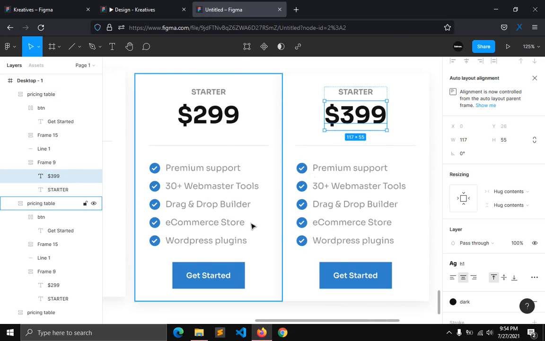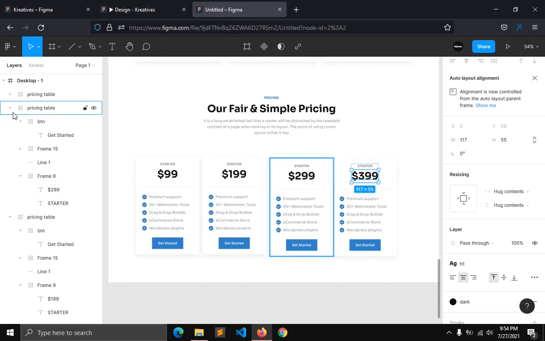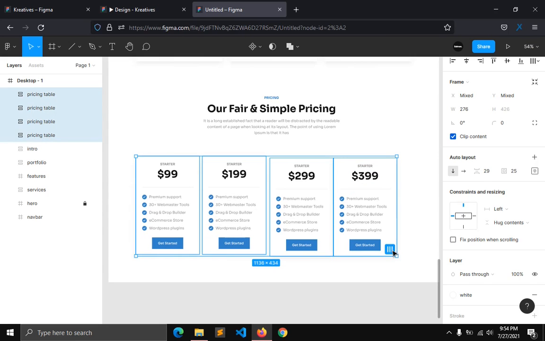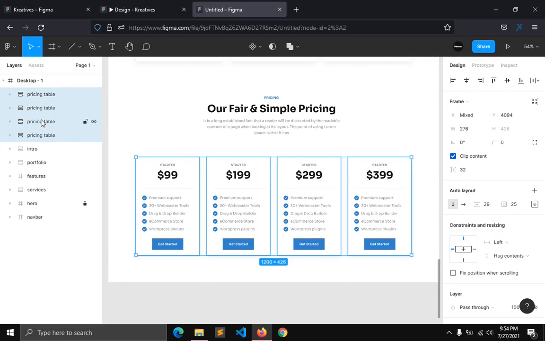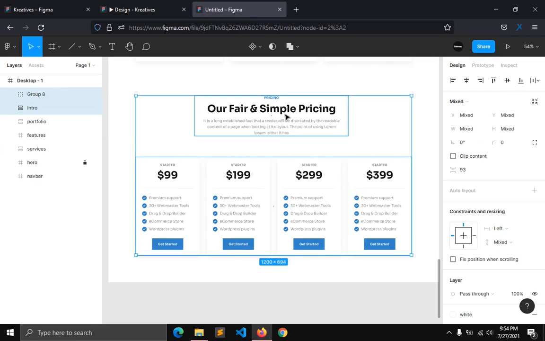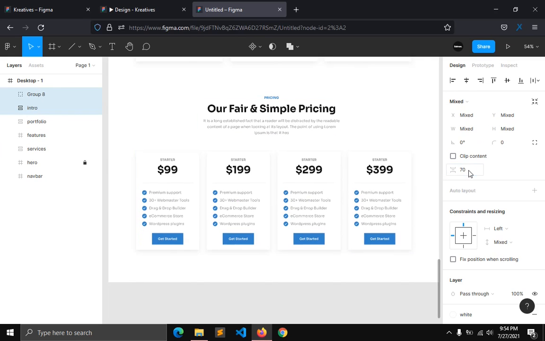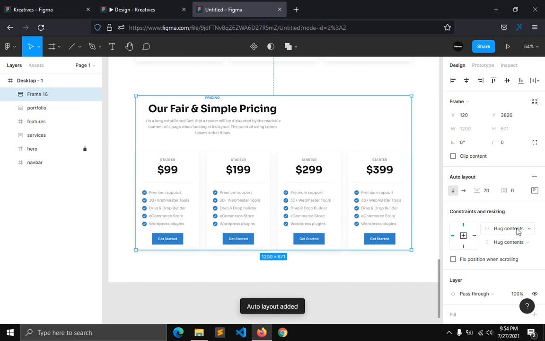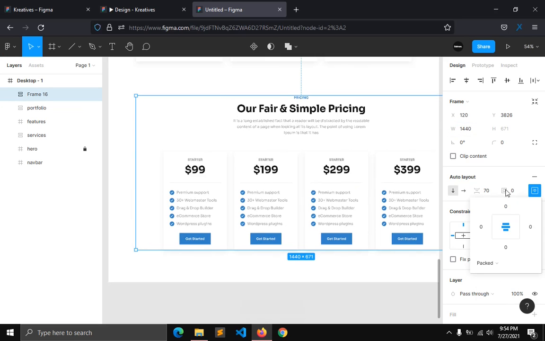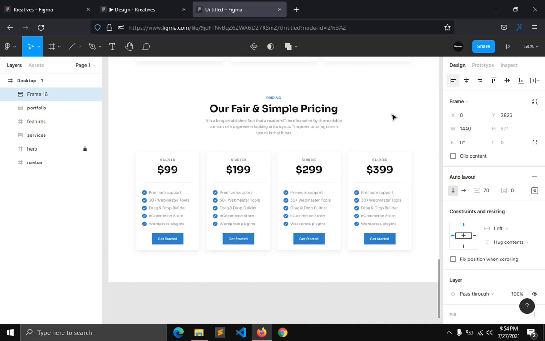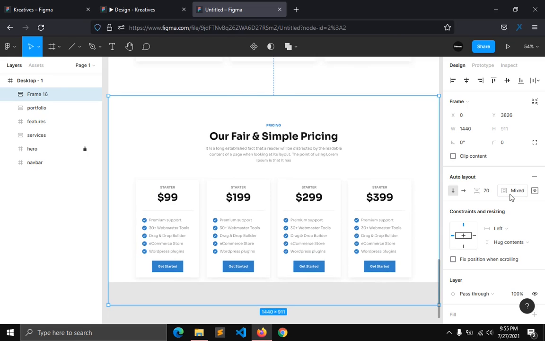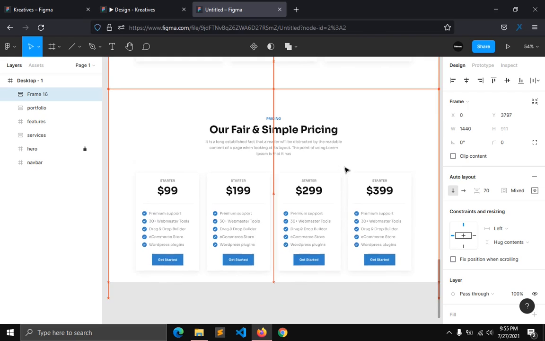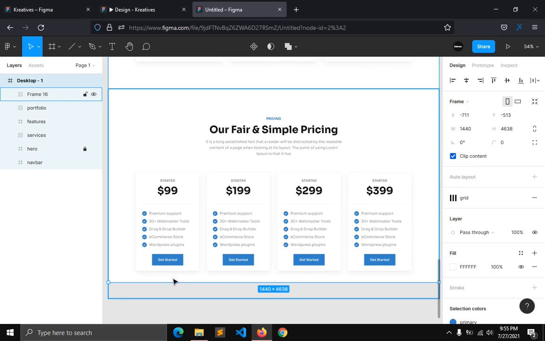So what I'm gonna do, I am going to select these pricing tables, and the space between these is going to be 32. I'm gonna make it a group. Space between these is going to be 70. I'm gonna make it auto layout. The width is going to be 1440. Content is going to be in the center, and padding top is going to be 120, and left and right is going to be 0, okay. So I'm gonna increase the height for the frame,